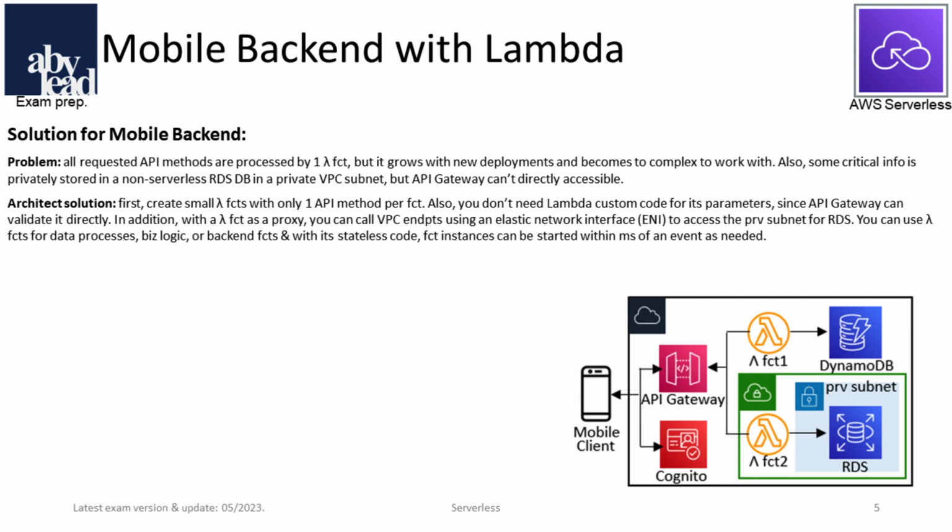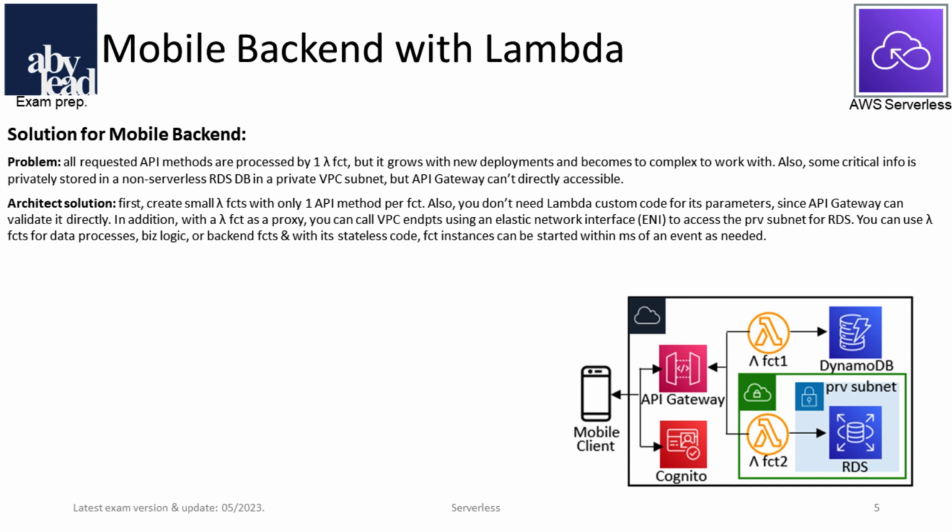If your mobile backend solution processes all requested API methods with one Lambda function, it grows with each new deployment to become too complex to work with. Also, your API gateway doesn't allow you to connect to critical information stored in a private non-serverless RDS database in a private VPC subnet. The solution is to create only one small Lambda function per API method to avoid Lambda custom